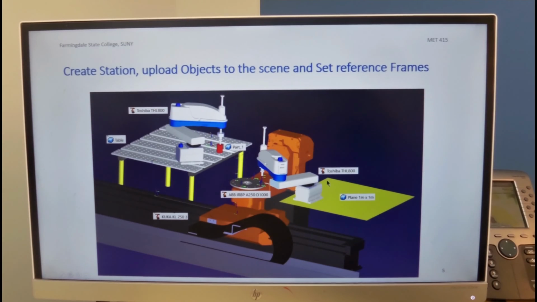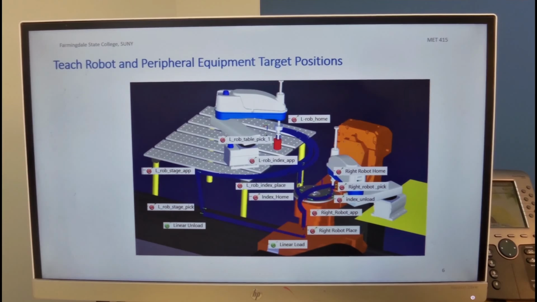In between the two robots, the right robot will be placed on a 1 meter by 1 meter plane, and in front of them we'll have the KUKA KL253 linear stage. The target positions for the robots and the peripheral equipment include, for the left-hand side, we'll have